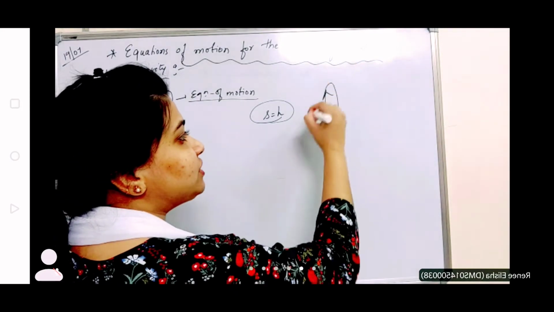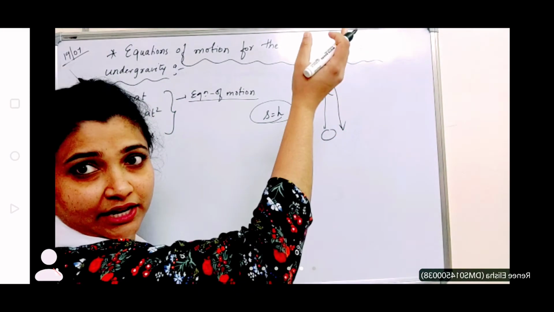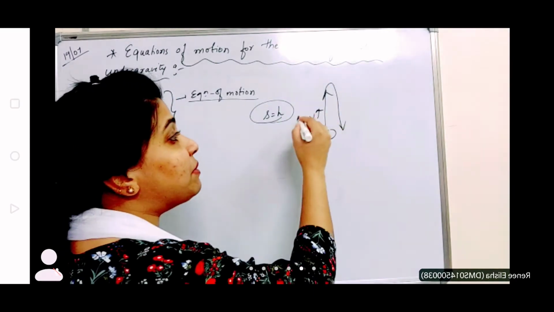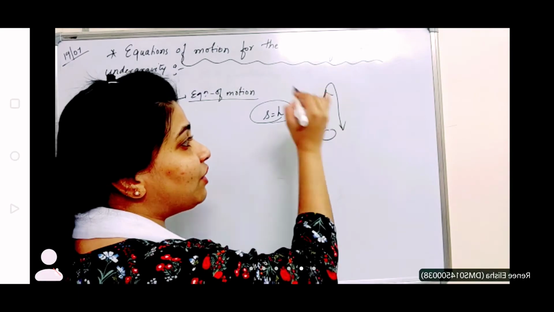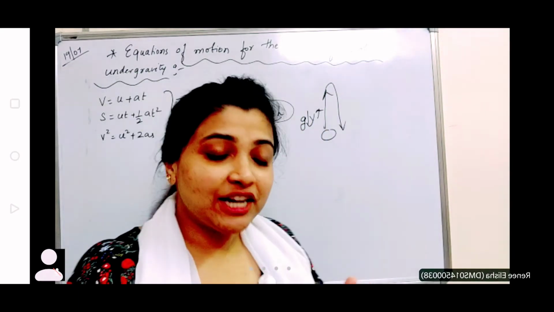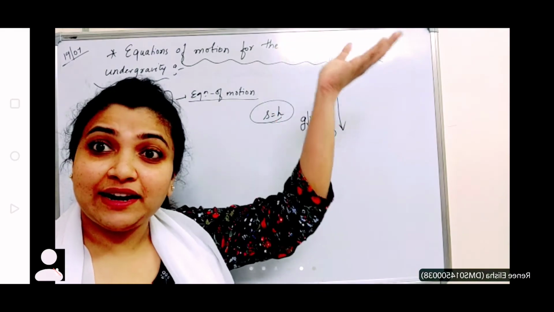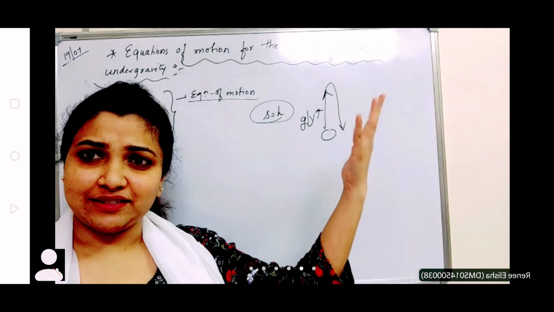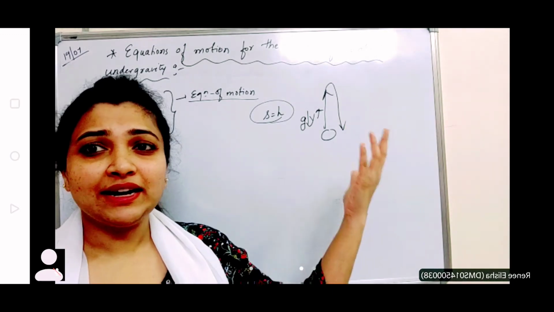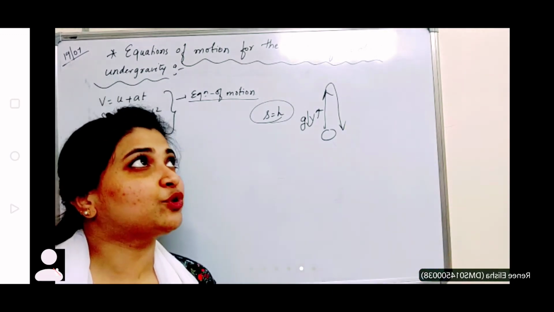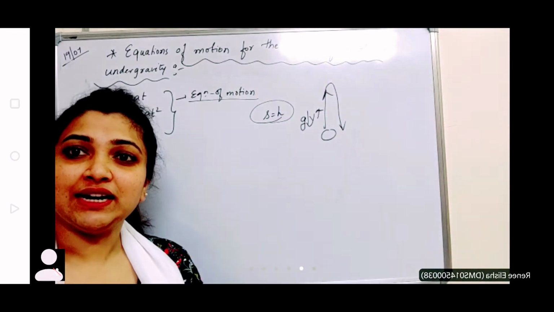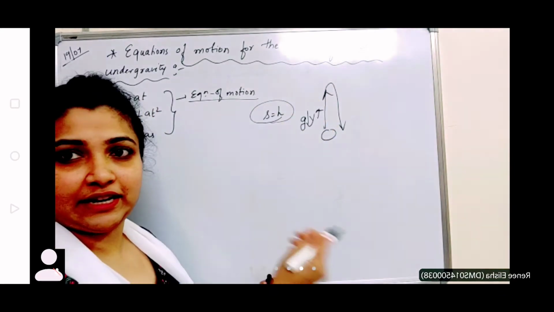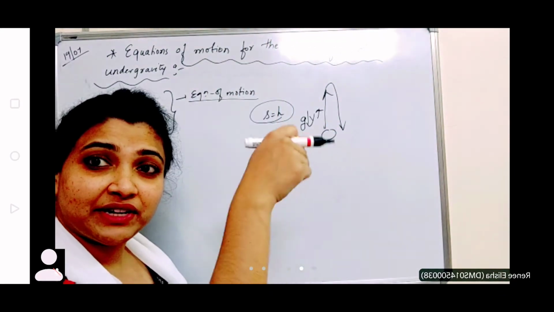Now when I'm considering three cases, I'm throwing this up. Here velocity is going on increasing in the upward direction, but acceleration due to gravity is in the downward direction, right? So acceleration decreases as it goes up, correct? If I'm going opposite to the gravity, what will happen? It will decrease, right? If I'm throwing it up, it's going to have a deceleration. So here gravity will decrease but velocity will increase.